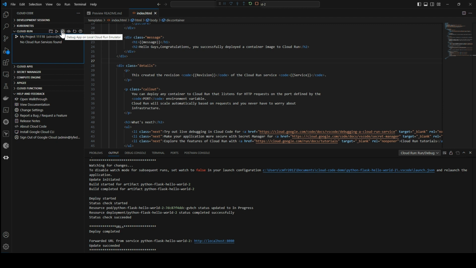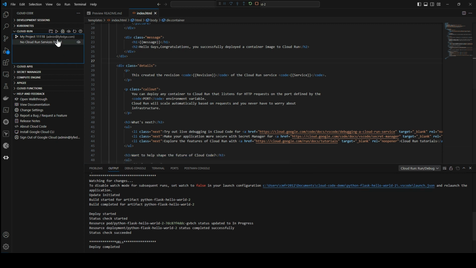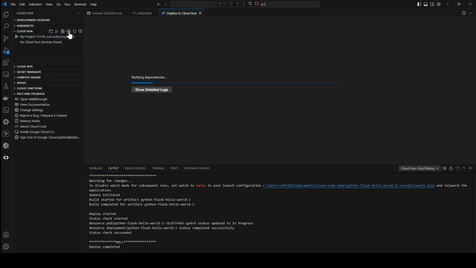Since in my code I do not have any bugs or any error, I don't want to do it. Now everything is fine. Now what I'm going to do, I'm going to deploy this on my Cloud Run. So how do you do that? It's simple. Just go to this option. Do you see that? Deploy to Cloud Run. Just click on that,